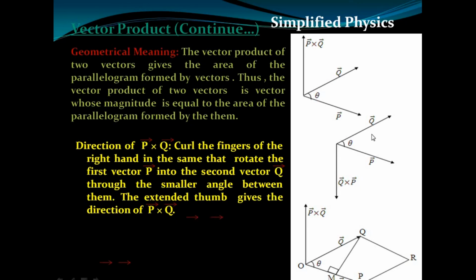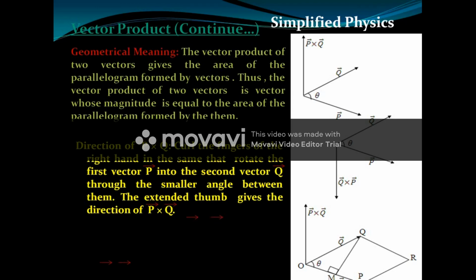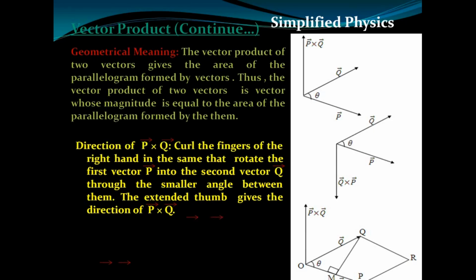What about the direction of q cross p? For q cross p, now we have to curl the fingers from vector q to vector p. The thumb is not curled, the thumb just points upward or downward. Now the thumb directs